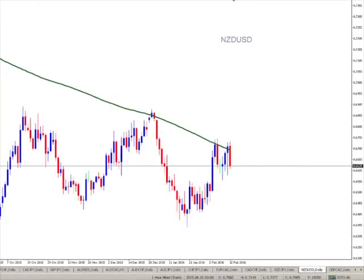Another one of my favorites to trade is the New Zealand dollar. It's a very easy, mellow pair to trade. If I had a new trader sitting next to me and I was teaching him how to trade, I would use the New Zealand dollar. Everybody says, "Oh, use the euro dollar." No. Use the New Zealand dollar. It moves slow. It's a pretty mellow pair. It doesn't do drastic moves. However, if you look at the last 2 weeks, right, 2, 4, 6, 8, 9 days, it's been in this nasty range,